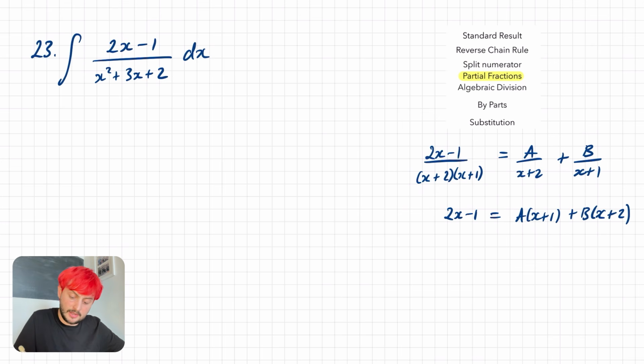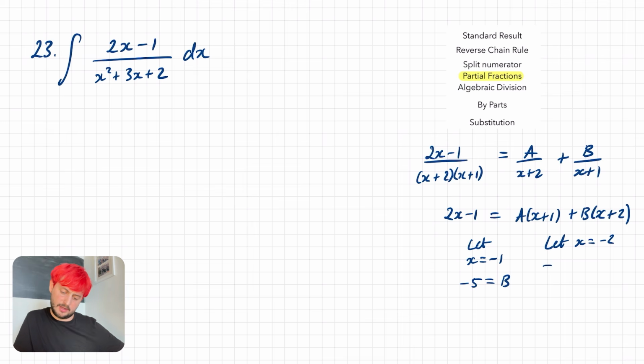meaning we have 2x minus 1 equals a brackets x plus 1 plus b brackets x plus 2. And I'm going to start off by letting x equal minus 1. So on the left hand side I have minus 3, and on the right hand side I just have b, so b is minus 3. And I'm also going to let x equal minus 2, so that I then get